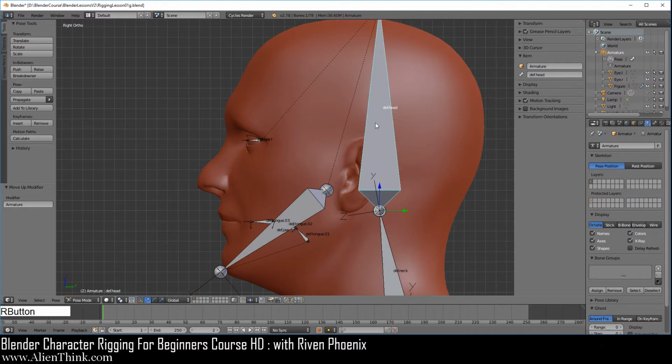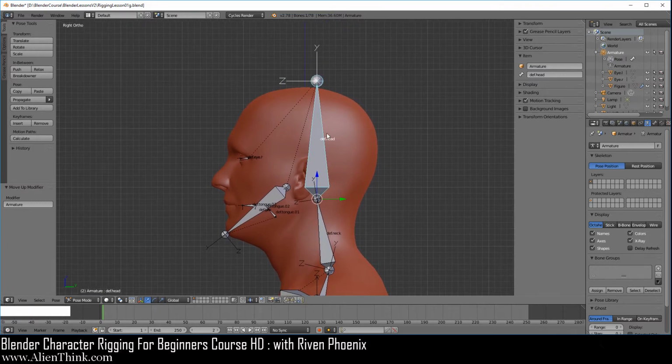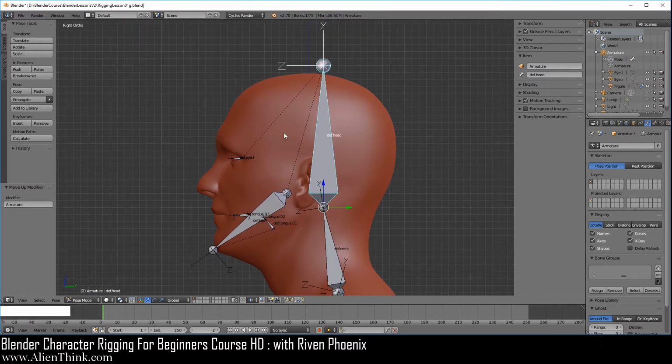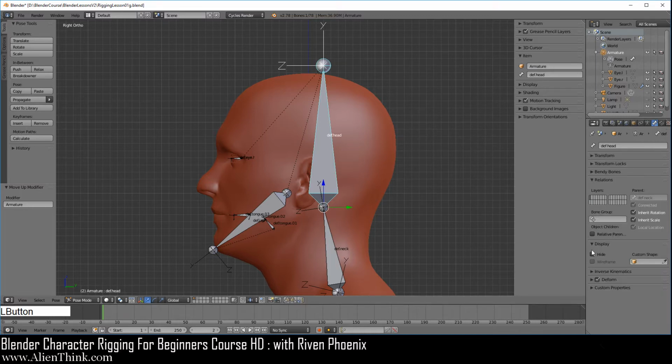Now here, as an example, I'm not going to build this right now, but here, if you created a hat, it might not need to be deformed in any way. So even though this bone is marked as a deformed bone, you can actually take a hat or a baseball cap and make it a child of this bone. So you can make objects children of bones directly, or you can have the bones deform the vertices with vertex groups.